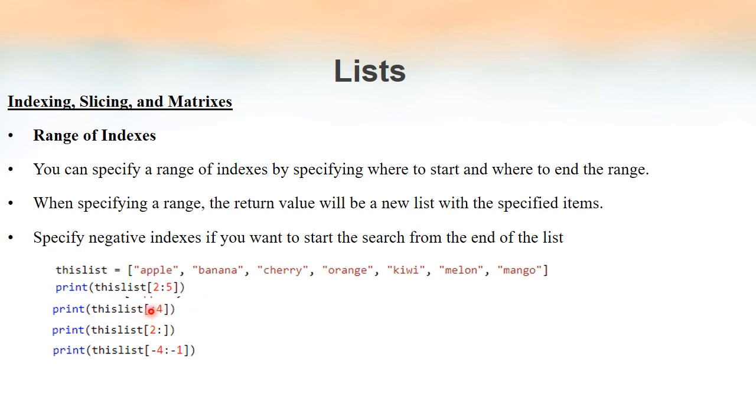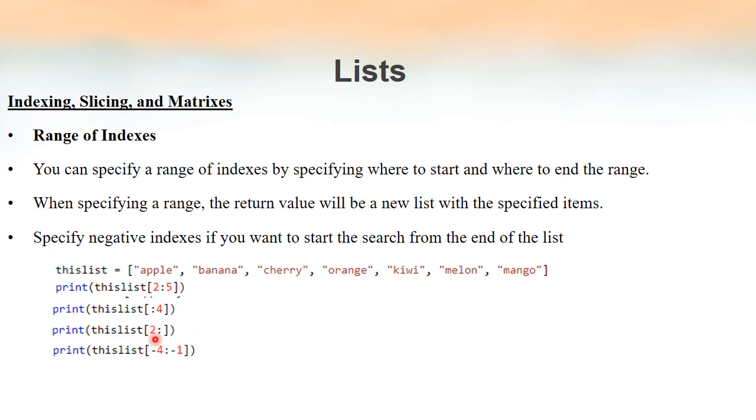So in the second line of code, we have not mentioned the starting index number. So it will start slicing from the first element inside the list and go up to the 4th index without including the 4th index element. So in this case, the first index is 0. So apple, banana, cherry, 0, 1, 2, 3, that is orange. The end index number is 4, which belongs to kiwi. This element will not be included.